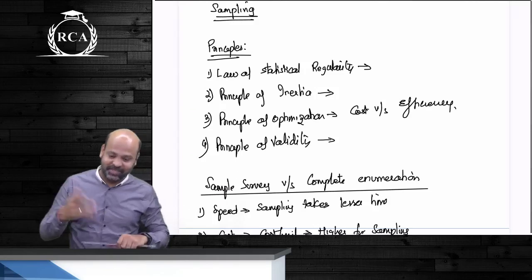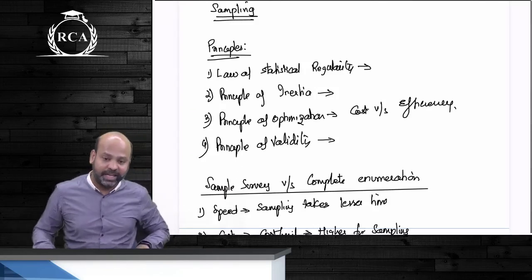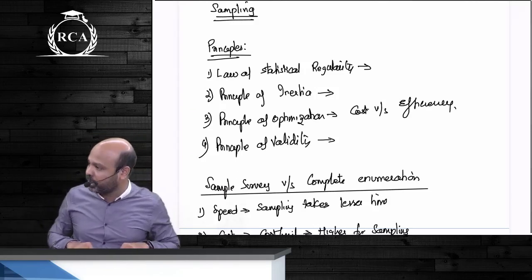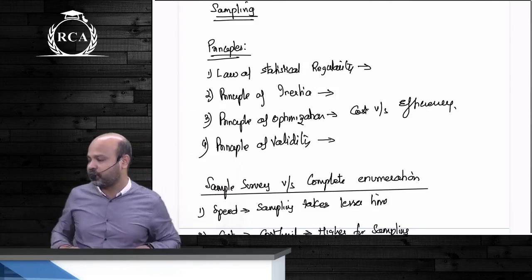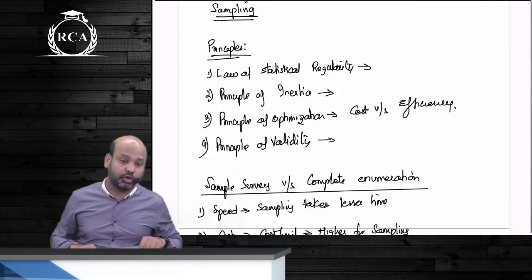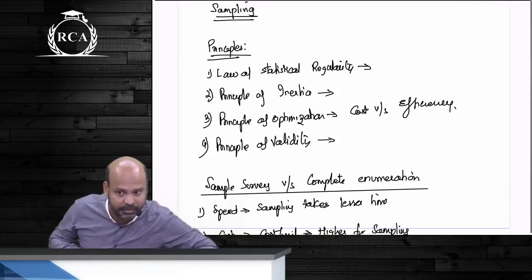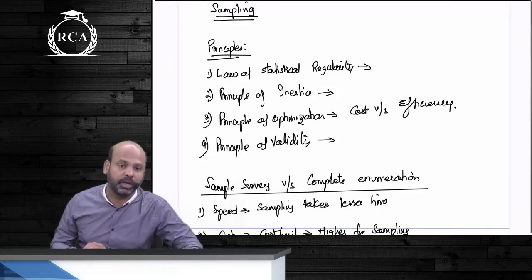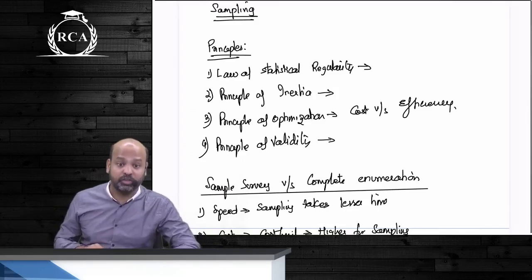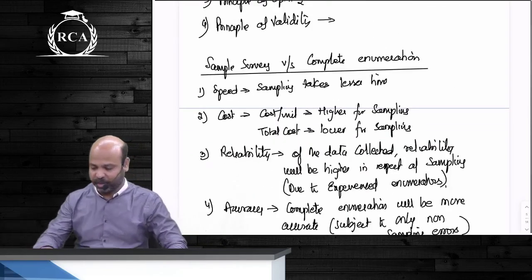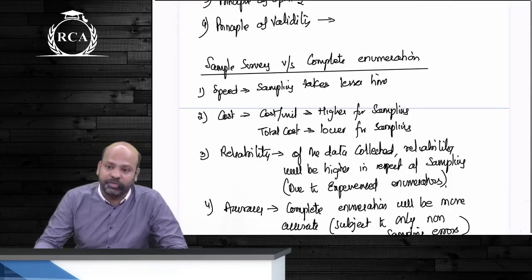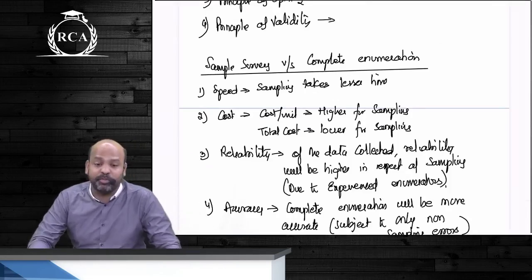The last one, beta, is principle of validity. You should be able to estimate the population parameter, and not just that, you should also be able to check whether the parameter that has been computed, guys, is reliable or not. Now this is possible if the sample drawn is based on simple random sampling. Then we did the comparison of sample survey and complete enumeration. In terms of speed, guys,